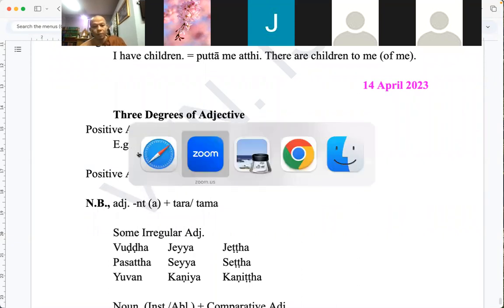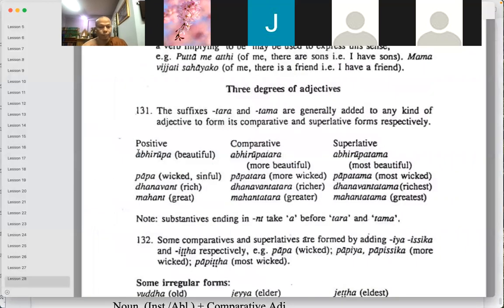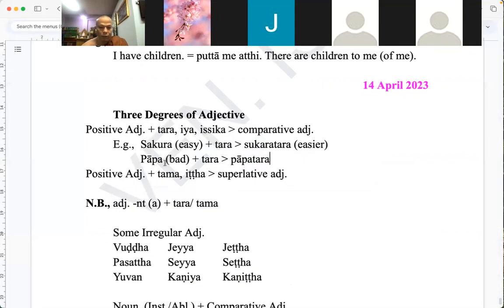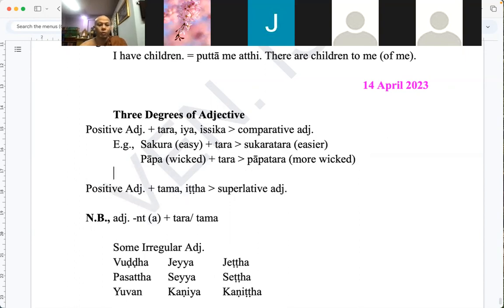In this way also it can be formed. Pāpatara means wicked, or maybe pāpa means wicked, or more wicked. Okay, instead of bad, wicked. And the pāpatara is more wicked in this way. But that pāpa also,